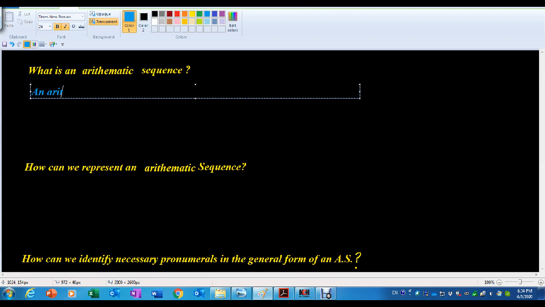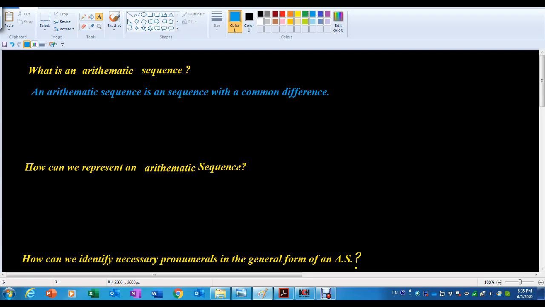An arithmetic sequence is a sequence with a common difference. First of all, we need to understand what we mean by common difference. Each term is a common difference from the previous term. So for example,